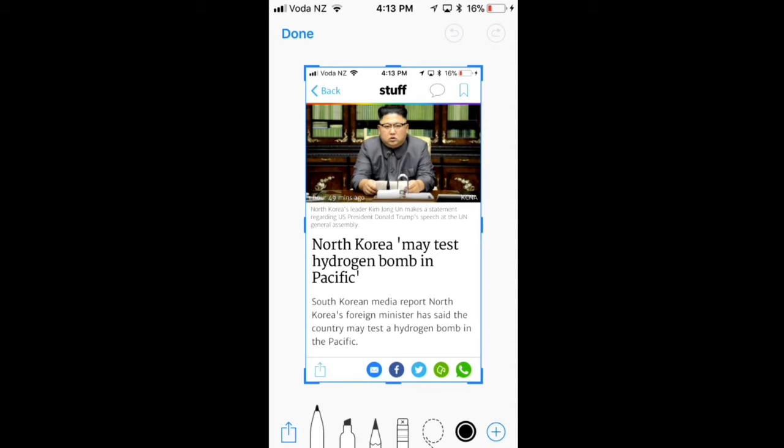Next to the plus is the colour of the pen that you want to write with. Let's go yellow. I'll touch the pen and highlight something. So the word may. I might grab the other pen for a minute and highlight something for the person I'm going to send this to, because I feel that they may be interested. And then using the square down the bottom corner,